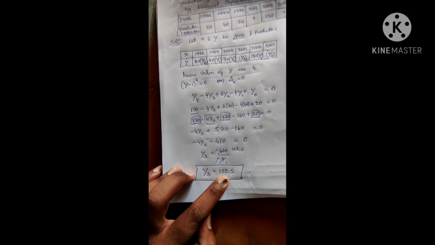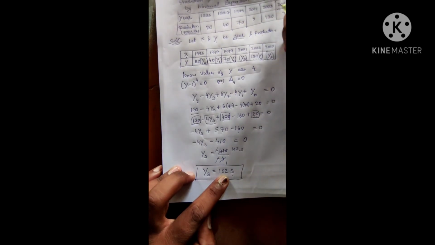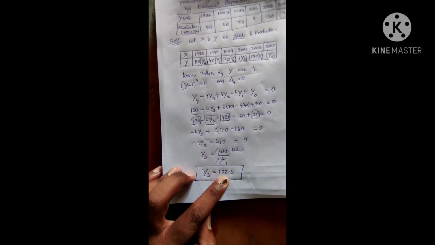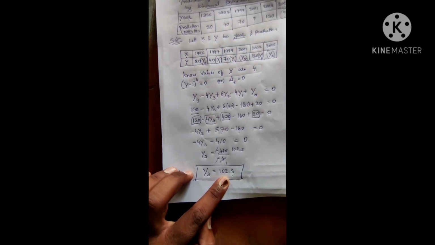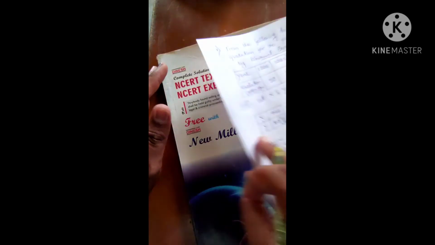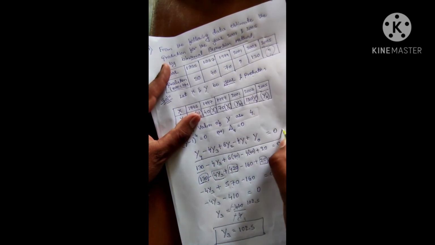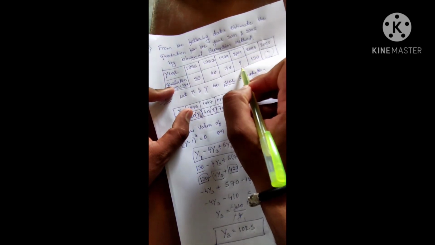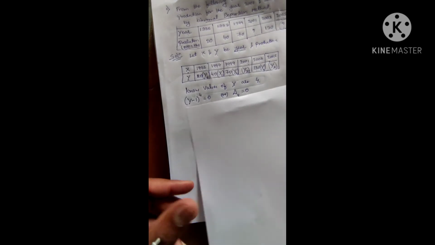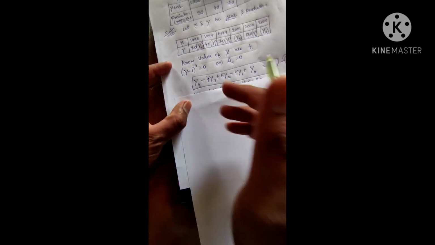Okay students, next we should find out one more production. In 2005 production we have to find out. Let us know about how to find out. So before going to that, based on the first equation we found out the 2001 production. Next we have to create a second equation. We can solve the second year value, means second year production. Let us know about how to formation of this.